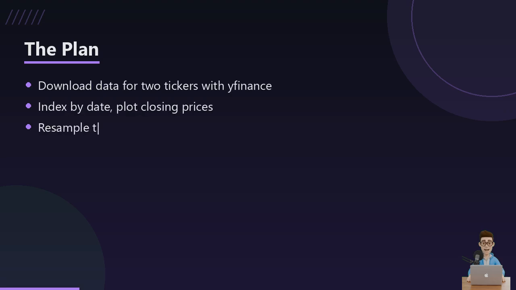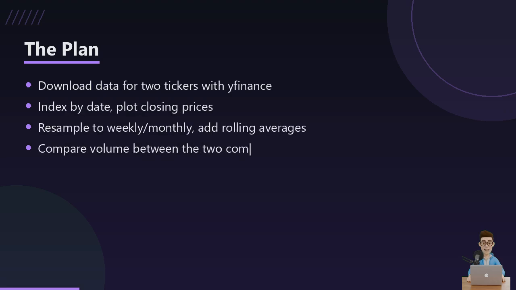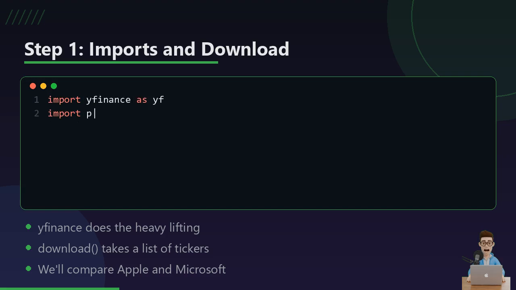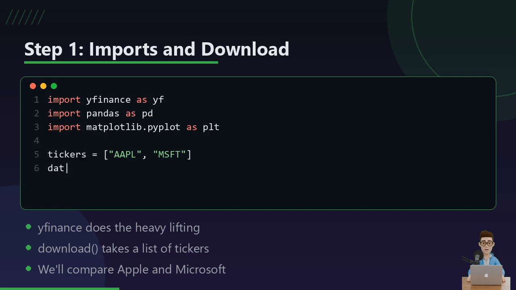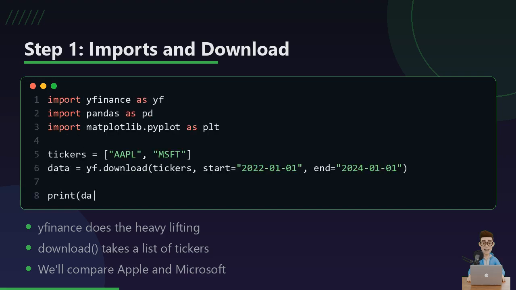Here's the shape of it. Get the data, make dates the index, plot it, then resample and roll. Four steps, each one small, and by the end we've got a real analysis notebook. yfinance hands you a clean multi-ticker data frame in one call. No scraping, no API keys. Notice I'm downloading both tickers at once instead of two separate calls, since yfinance already aligns them on the same